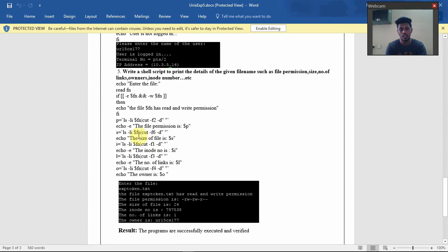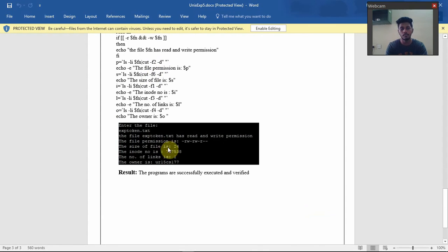To find the file permissions, we are using a different function here, not the same grep. Something like ls -li, that's the function name. After running the program, just give the text file and it will show the file permission, the size of the file, the inode number, and the number of links,